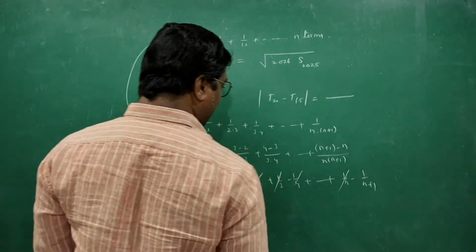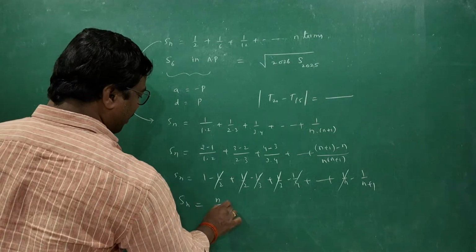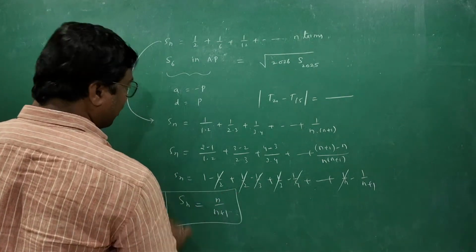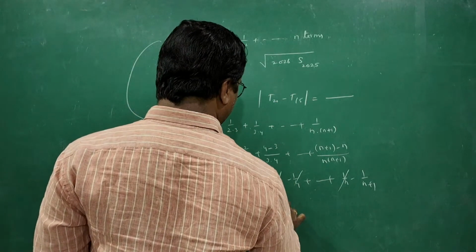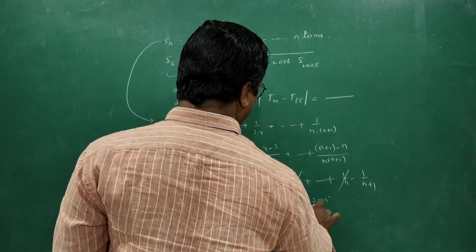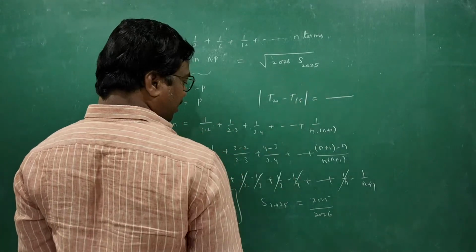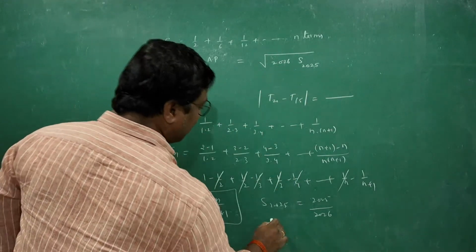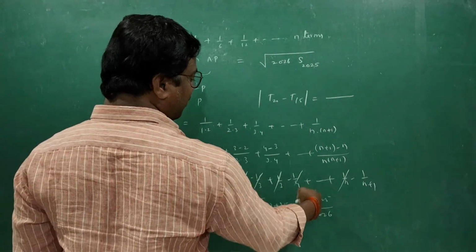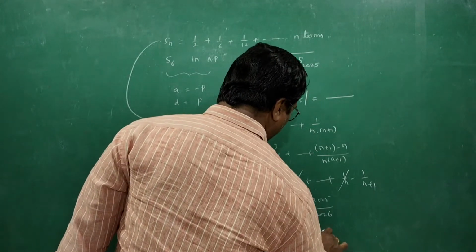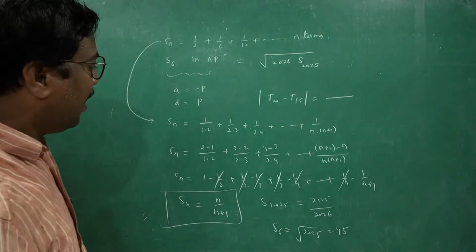Up to here the terms will neglect. Finally Sn becomes n by n plus 1, remember. You have here S2025. So S2025 gives 2025 divided by 2026. And if you replace here, in this S6 becomes root over 2026 multiplied by S2025, which gives 2025. So root over 2025, nothing but 45 it is. S6 is 45 and S6